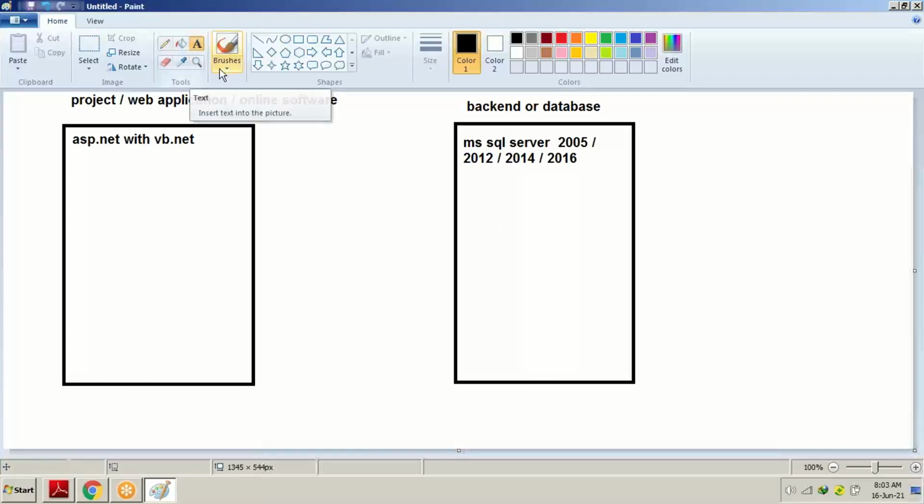Now, remember, a web application doesn't contain only one page. It has many pages. Suppose you are creating a web application for a school. For a school, you will need a page for admission details, where every detail of the students is inserted.